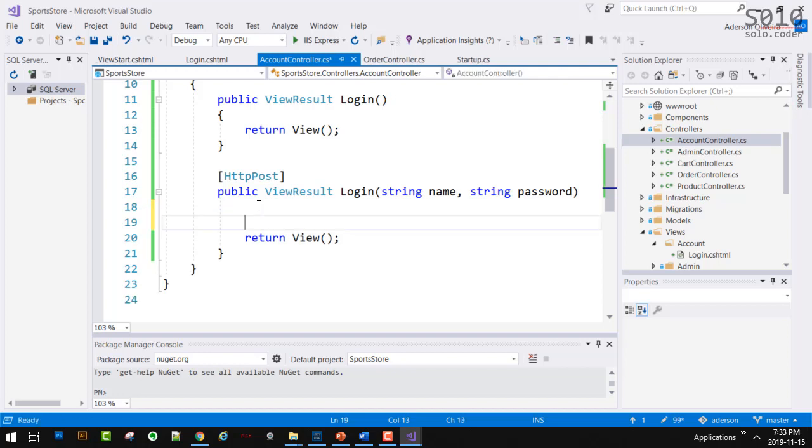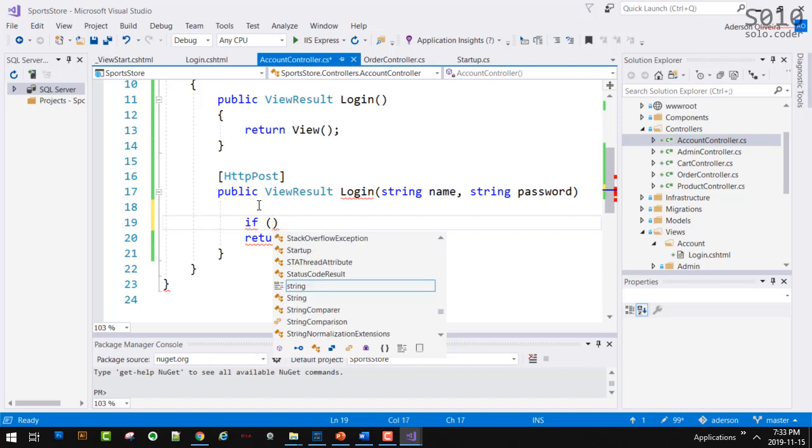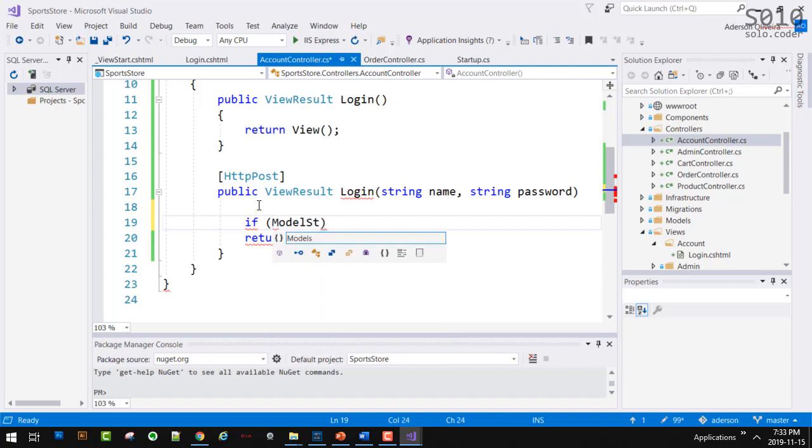So I'm going to say if model state, what am I missing here?